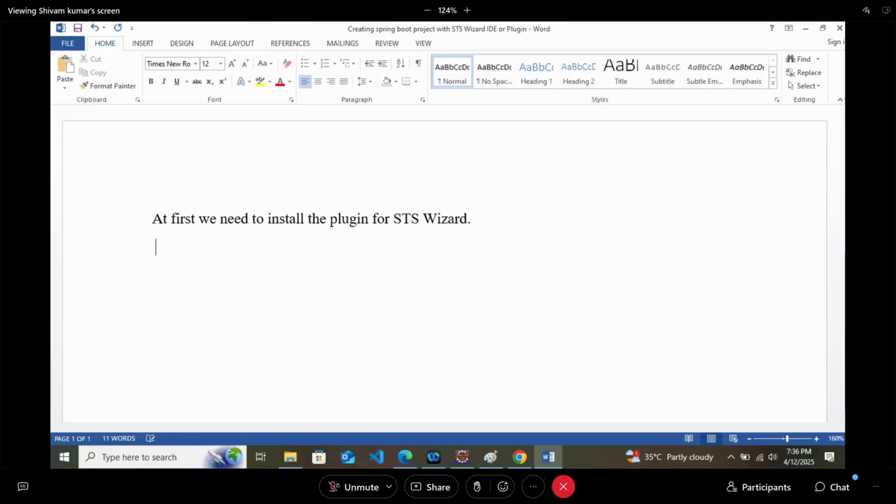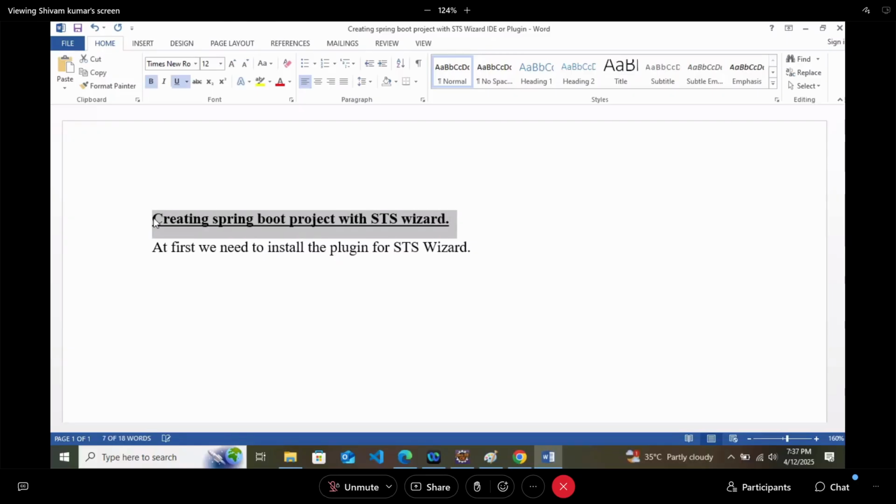Now for that, the heading is creating a Spring Boot project with STS Wizard. So this is the heading for now. For that, these are the steps.